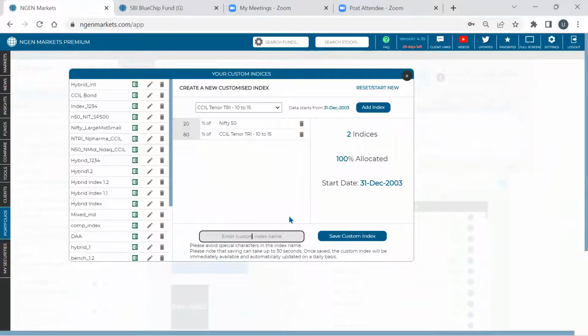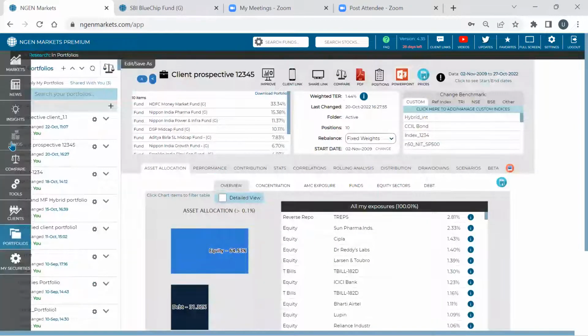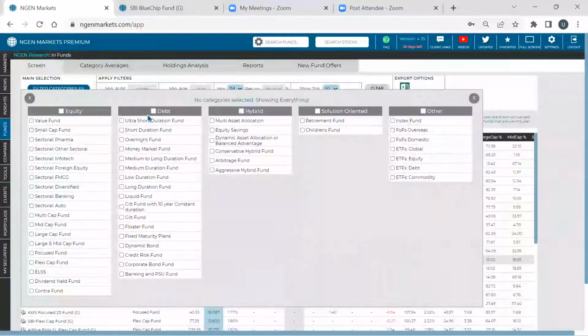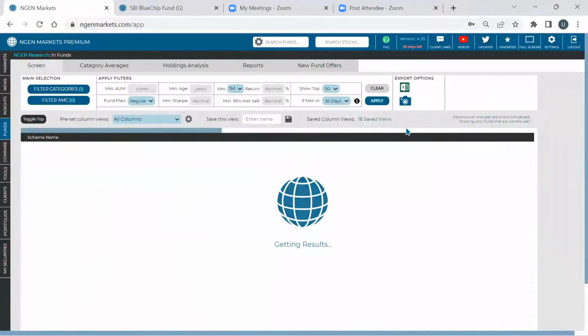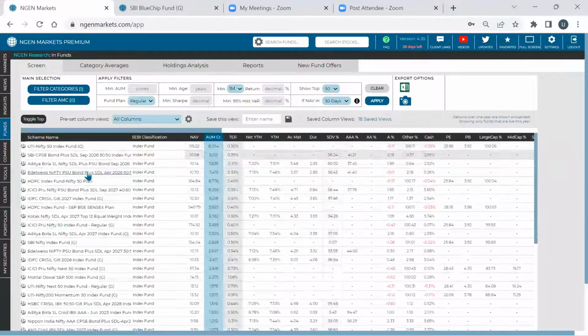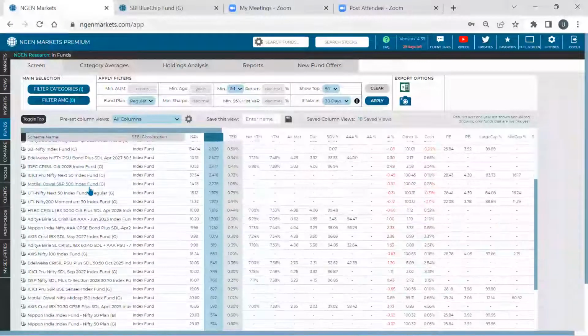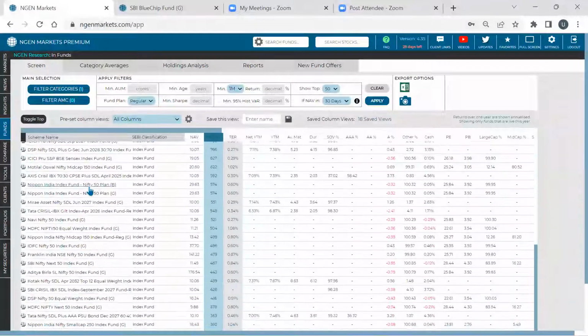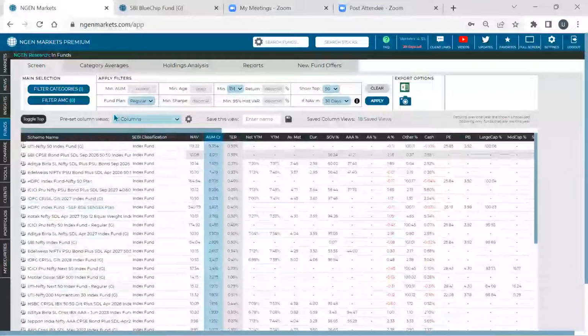Okay, I have one more question. This is not connected with this topic, but on the tool itself. In the index, if I go to funds and select index fund as the category, it will list all types of index funds, including debt, equity, everything. Actually, I wanted to just compare a few Nifty index funds to see their tracking error and cash position. I found everything is there in this, so I was just